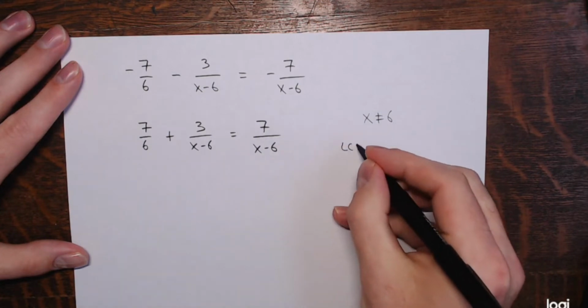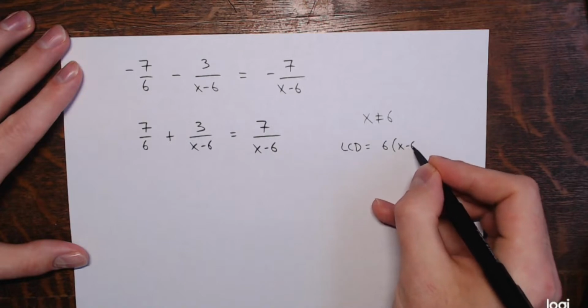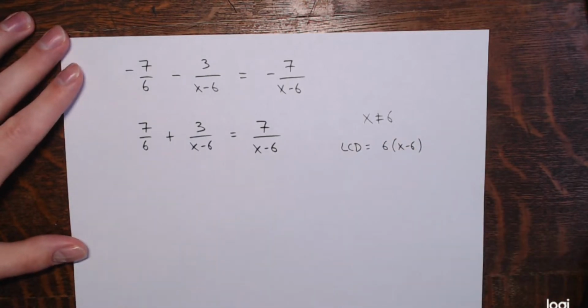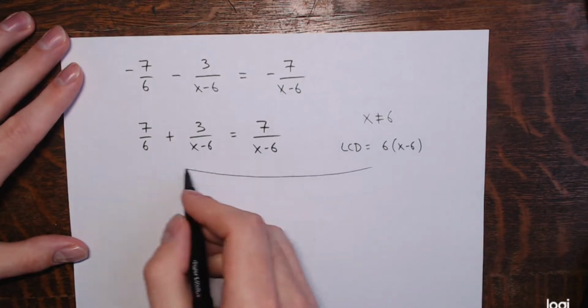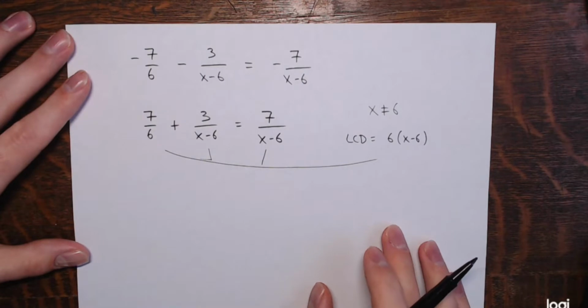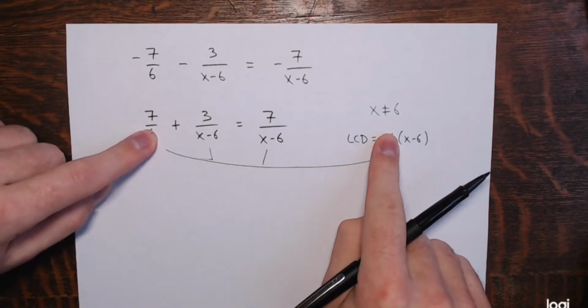Again, easy to find the LCD here. It would just be 6 times the quantity x minus 6, right? Just multiply these two denominators, the only two denominators that are showing up. And then I'm multiplying every single one of these by the LCD. So in the first one, the 6's would cancel. I have 7 times the quantity x minus 6 left,